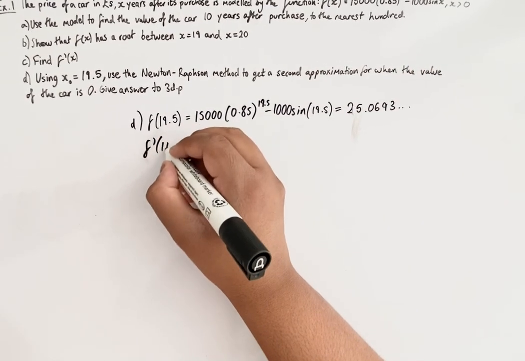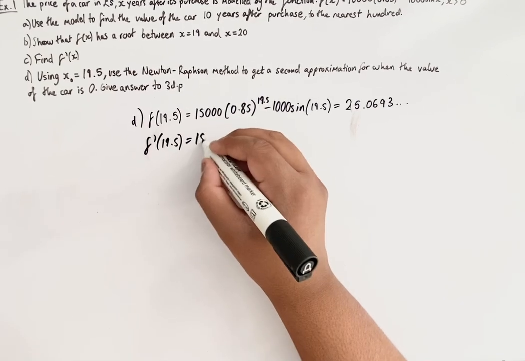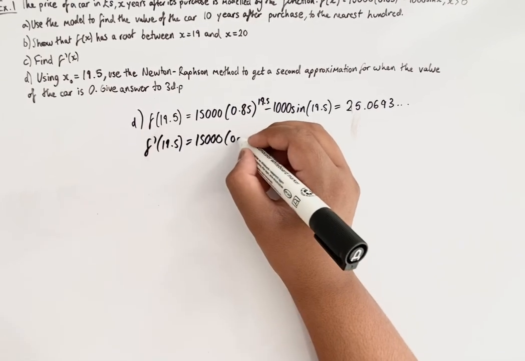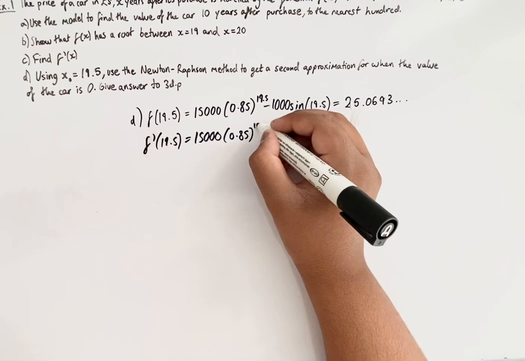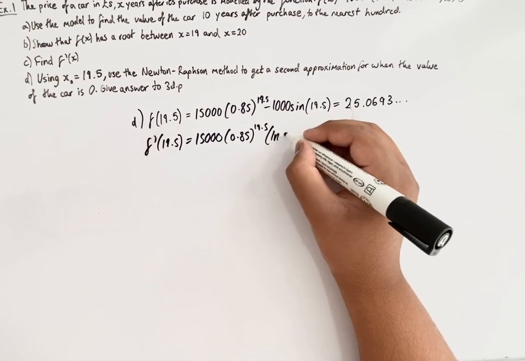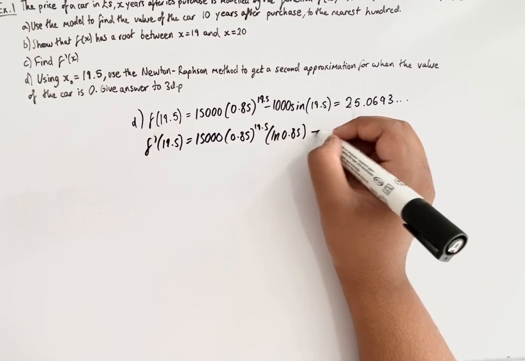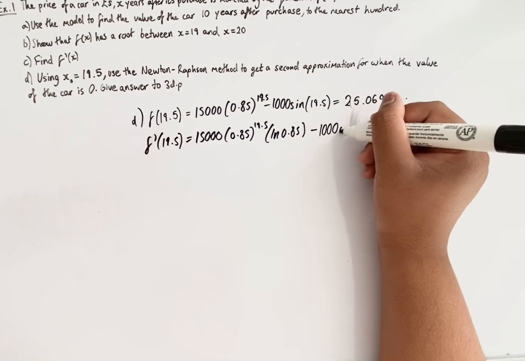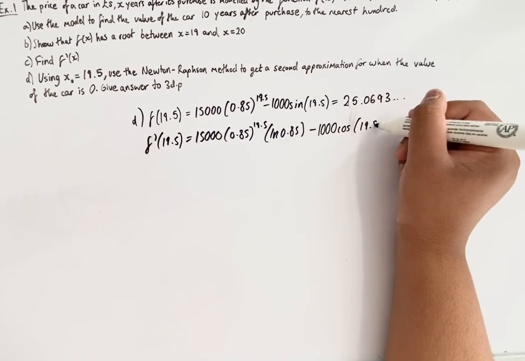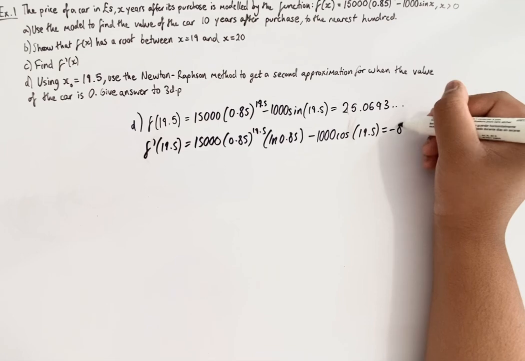F prime of 19.5 will be 15,000 multiplied by 0.85 to the 19.5 multiplied by the natural log of 0.85 minus 1,000 cos of 19.5, which is negative